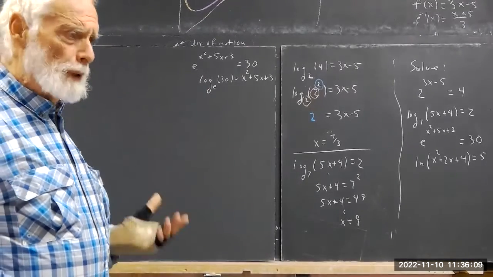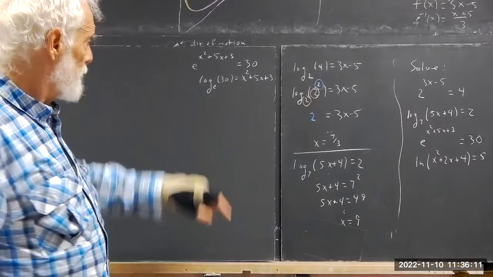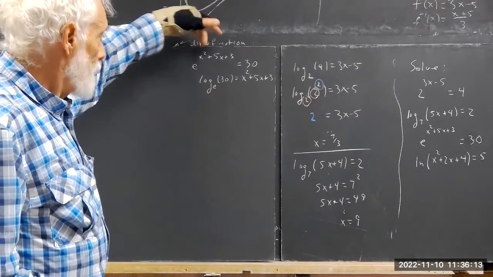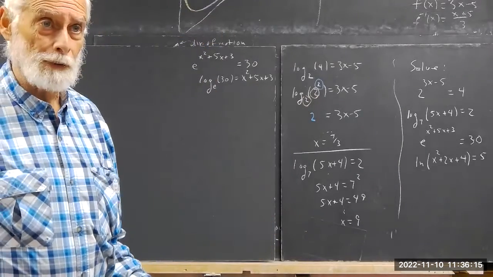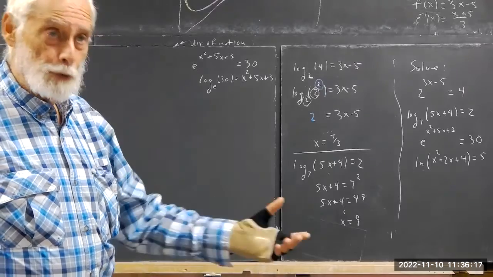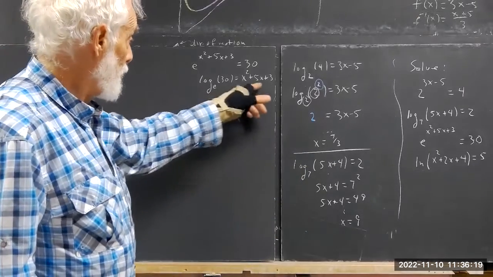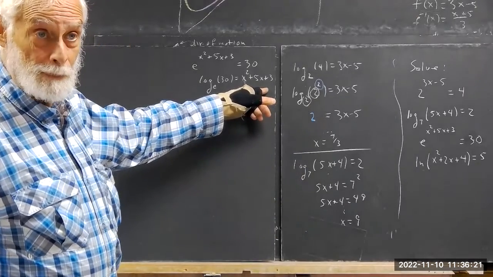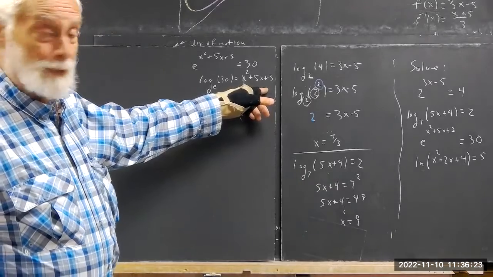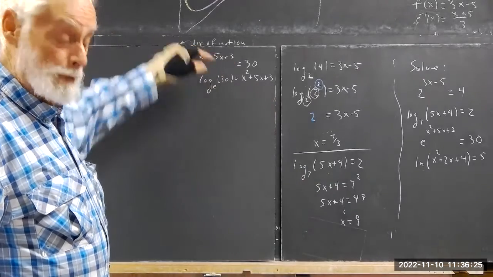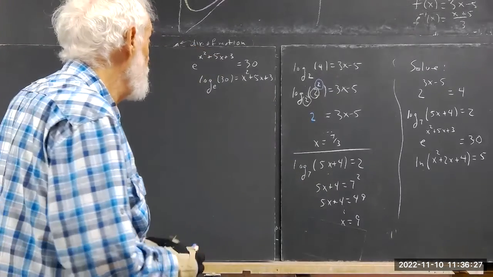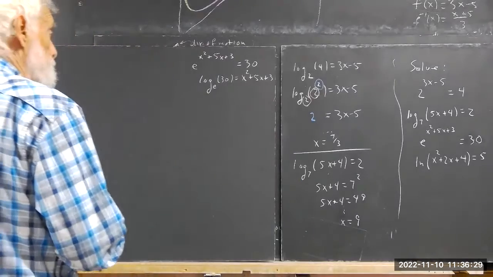Now, why do we change from exponential to logarithmic notation? It's because your x is up here in an exponent. You can't get to it otherwise. You get to it by changing the notation, and now you have it down here where you can do something with it. You can't do anything with it when it's up here. Then we have